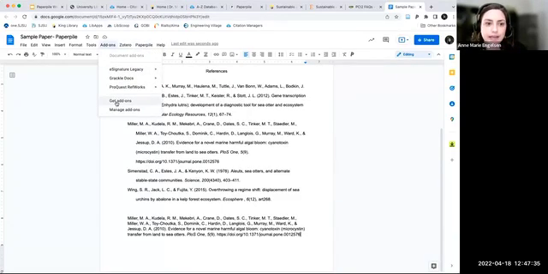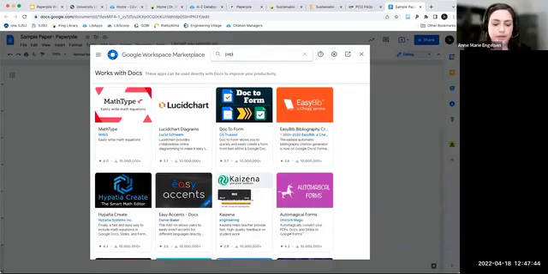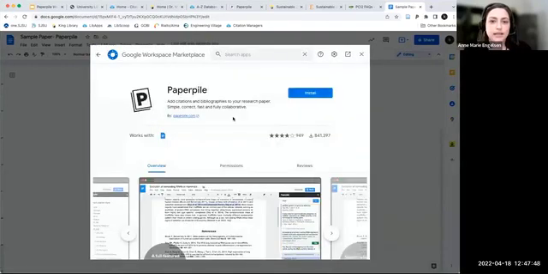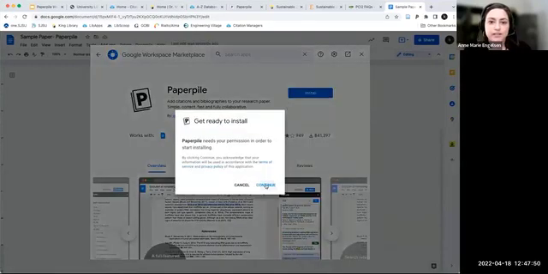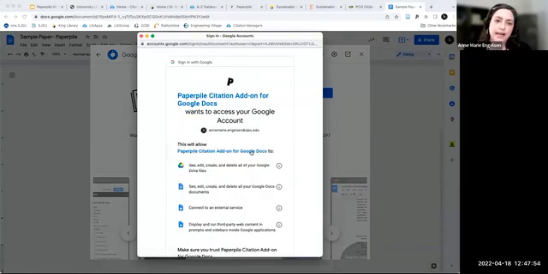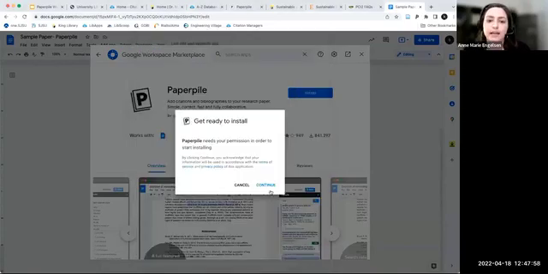You would click Get Add-ons and then search for it, and it will open up for you in this environment. So PaperPile, here it is, and then you would install it, and it would just add into the side and